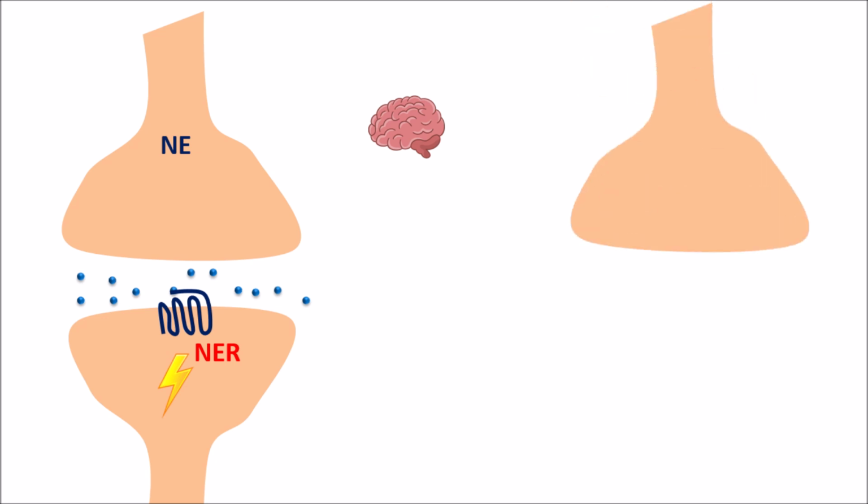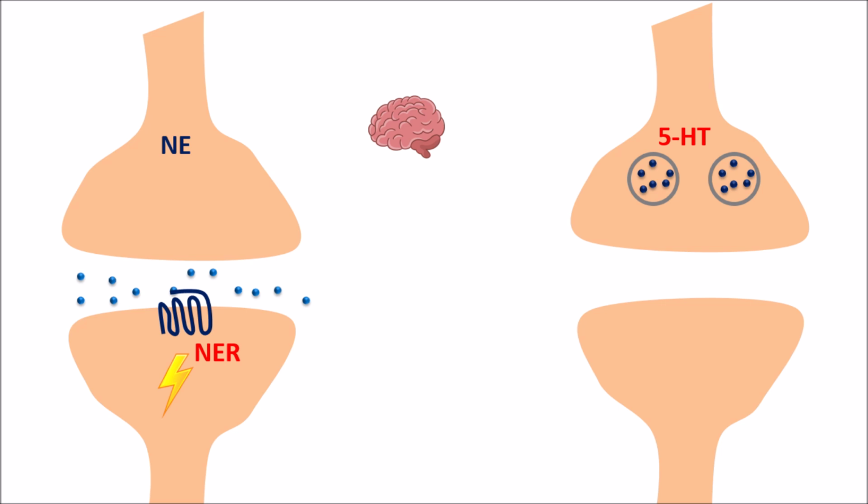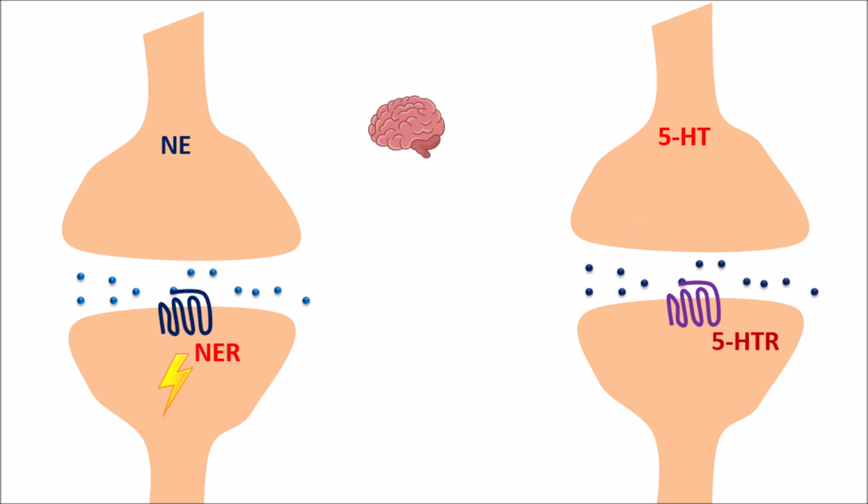Similarly, another monoamine is 5-HT or serotonin. This is the presynaptic neuron and this is the postsynaptic neuron, which is equipped with 5-HT receptors. Now again, serotonin can be released and it can act on these receptors, which again produces postsynaptic stimulation. In this way, norepinephrine as well as 5-HT can improve the transmission within the CNS, which balances the mood and